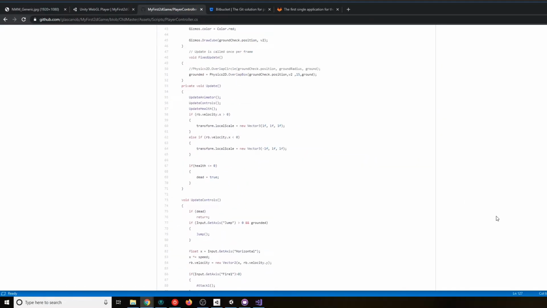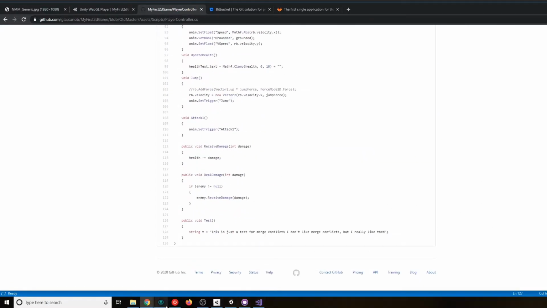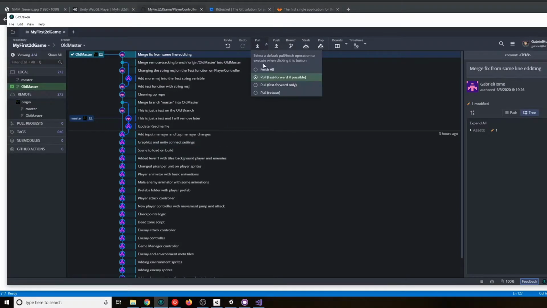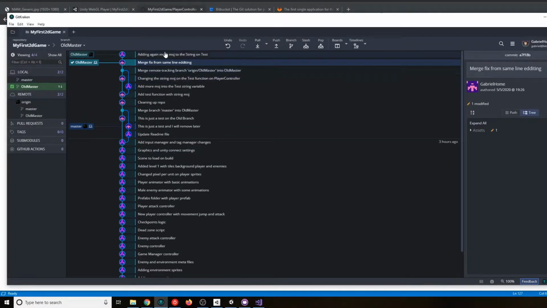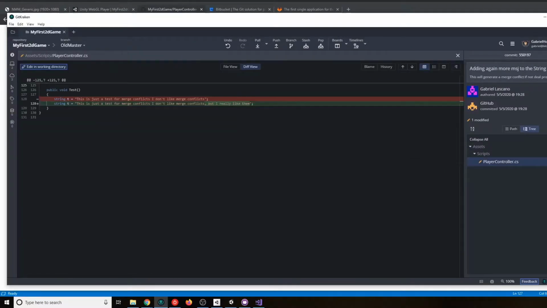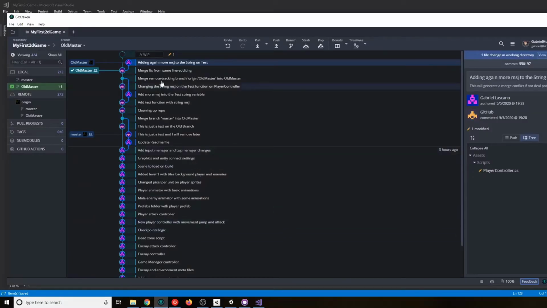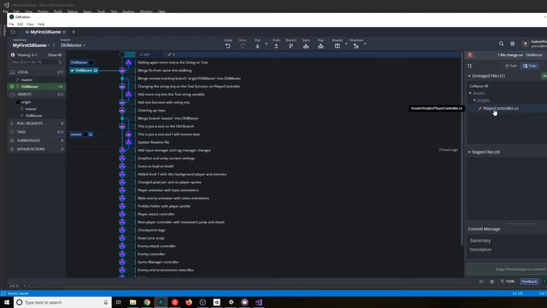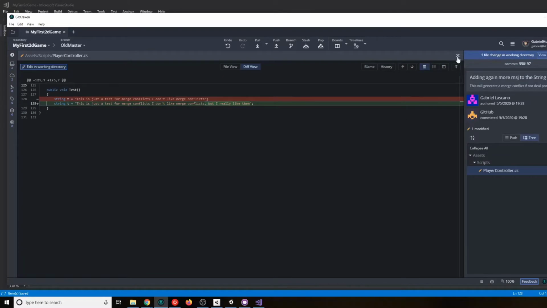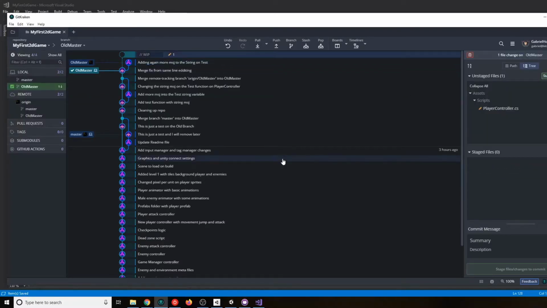So we go ahead and commit that. We have our change. We go here. We don't see it, so we will go and fetch. And we now have our change, so we have that line there. What we're going to do is go ahead and change it as well. Please avoid merge conflicts at all cost. Go ahead and save it. And I'm going here, and what I'm seeing is, oh, I changed this, but someone changed exactly the same line. Oh no, so I know this is going to make a merge conflict.